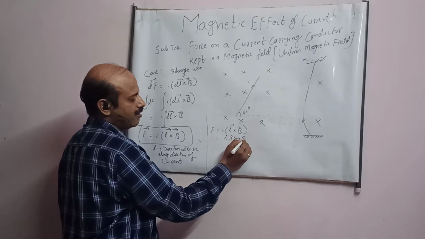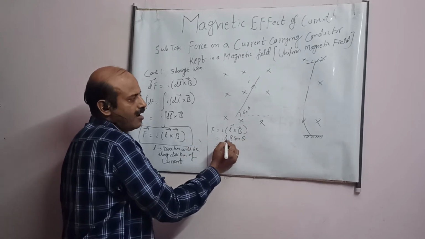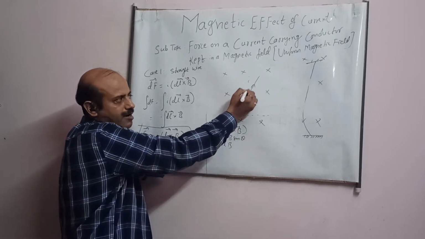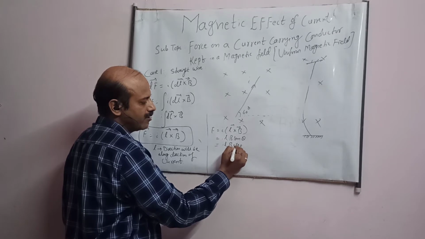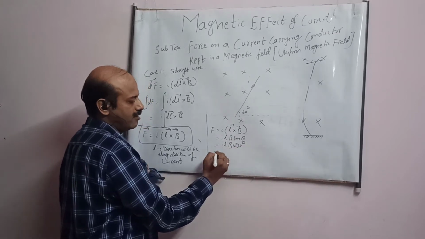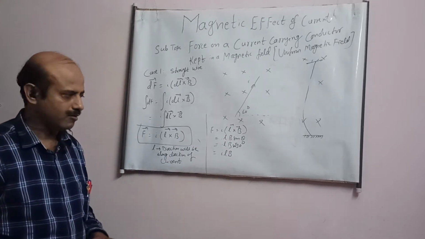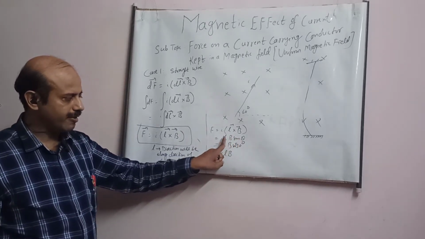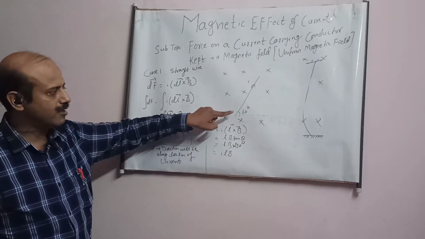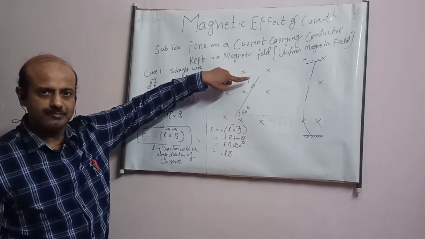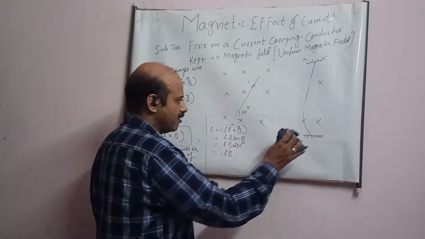I L B sin theta. Again remember, student, in this case theta is the angle between L and B. L is the direction of current and B is inside, so the angle is 90 degrees. This you have to remember. Angle is 90 degrees, so the force will be ILB. This theta is the angle between L and B, and L is the vector whose direction is along the direction of current. So in this case it is 90 degrees. Let's solve another numerical.